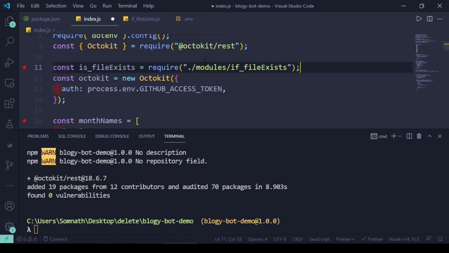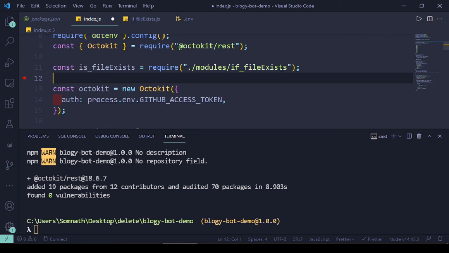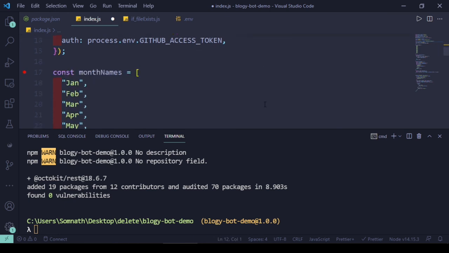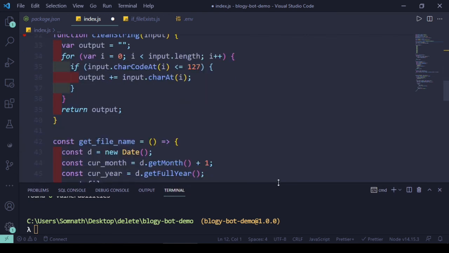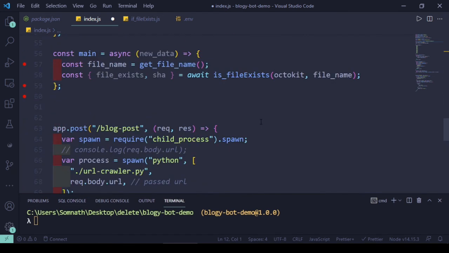So let's add this module inside index.js, and this particular piece of code should be fine. I'll collect the file exists boolean, either true or false, and the SHA is equal to the actual value of the SHA if it is there, otherwise an empty SHA value.